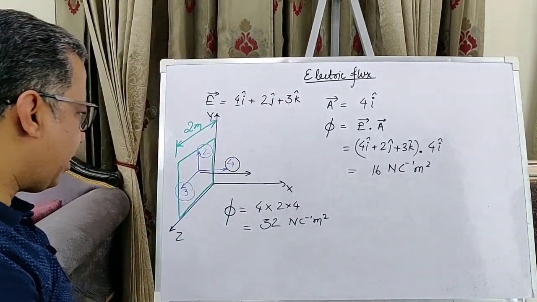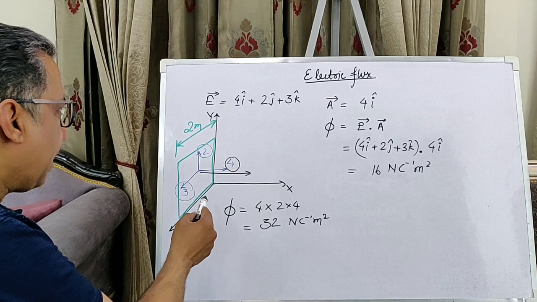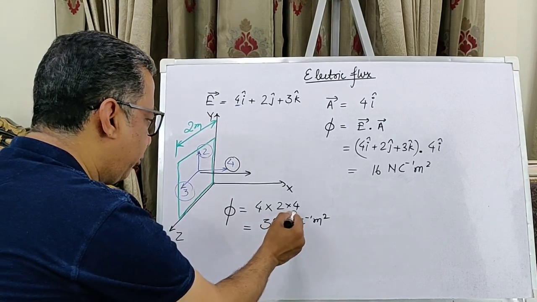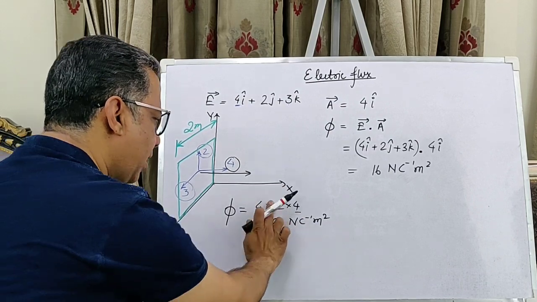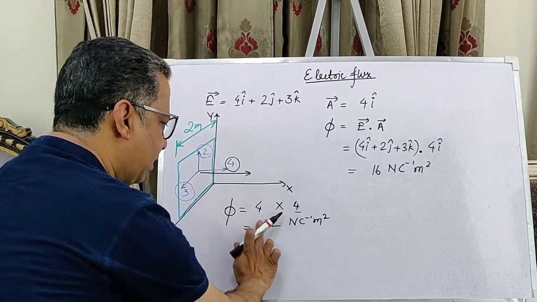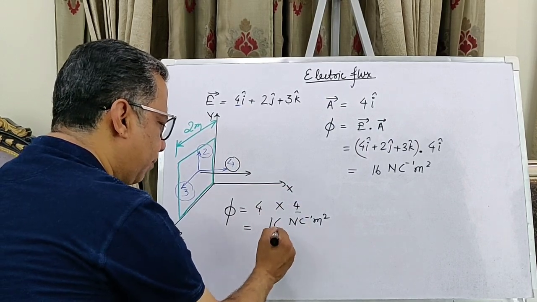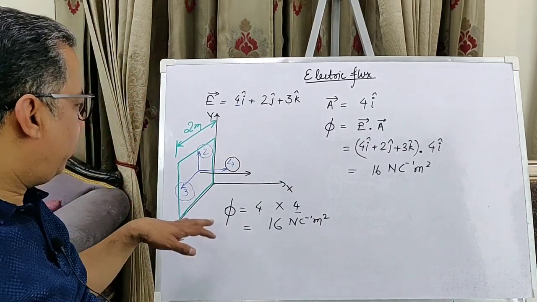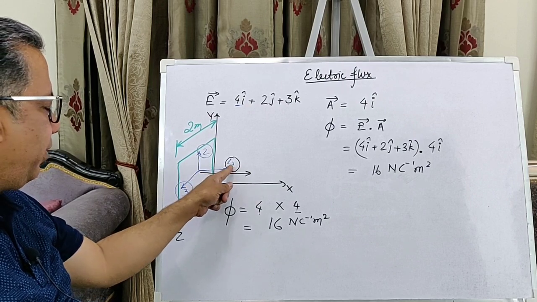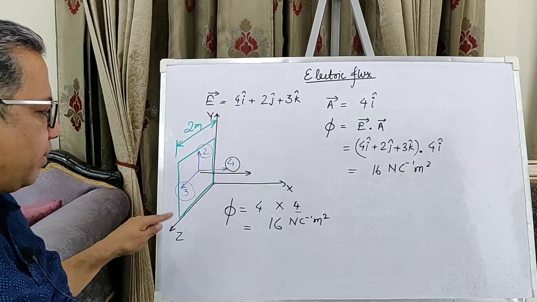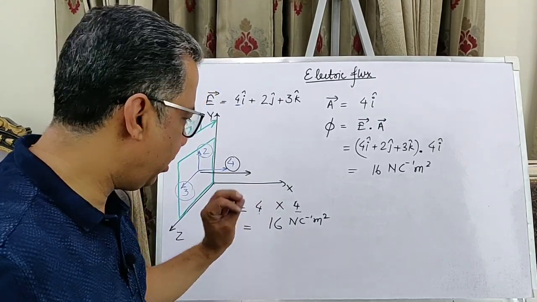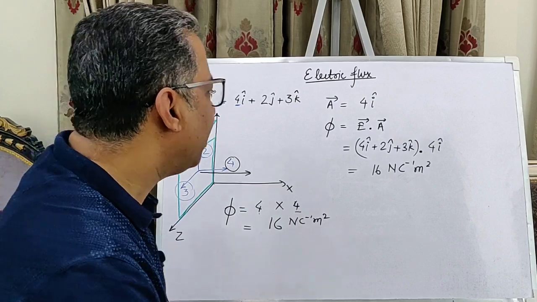It seems I made a wrong calculation in the first case. The area vector was 2 times 2, that's 4, and the field was 4. I don't know where this 2 came from. So 4 times 4 should have been 16 there as well. Sorry for the wrong calculation. It was simply a product of this component of the field with the area, which was 2 times 2, so 16. I made a mess introducing an extra 2 there. So anyway,